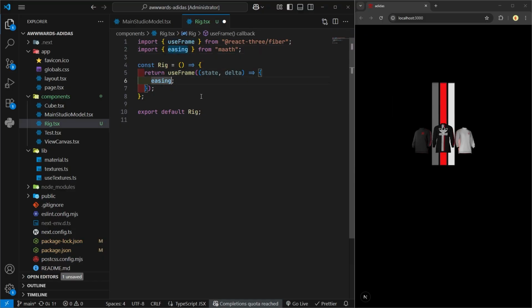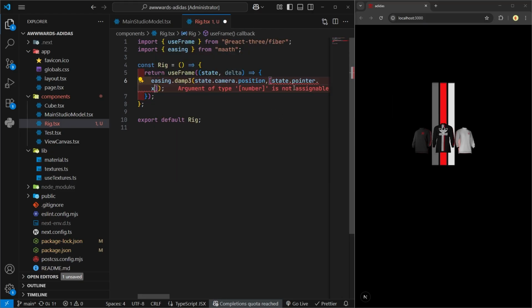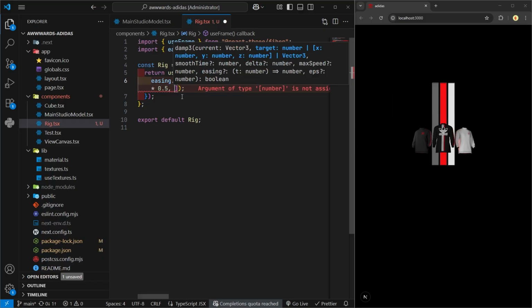There we go. Now let's say easing.damp3, which is for 3D environment. And then in here, we're going to take camera position, which is a vector 3. So let's say state.camera.position. And after that, for the second parameter, you actually take the position itself, the X, Y, and Z. So we're going to say state.pointer.x, which is the mouse movement of x-axis. And then we're going to multiply it by 0.5. After that, for the y-axis, we're going to set it on the 0.7. And then for the z-axis, we're going to say 3 minus